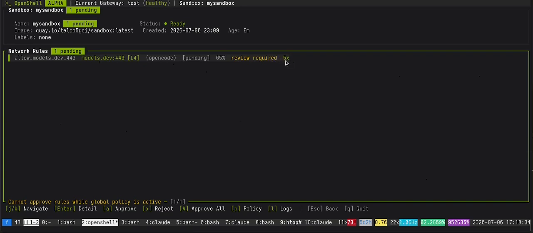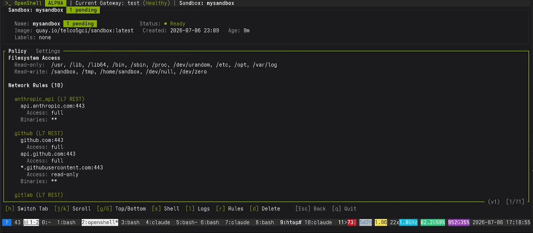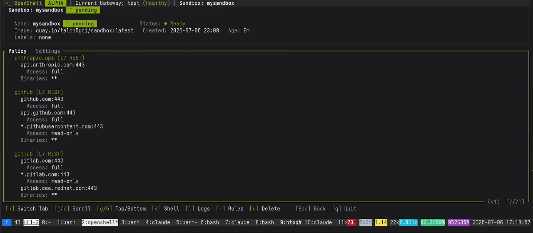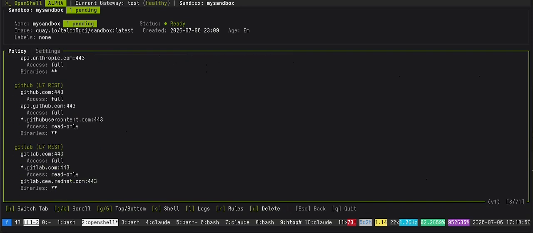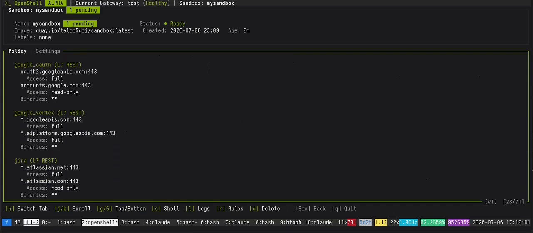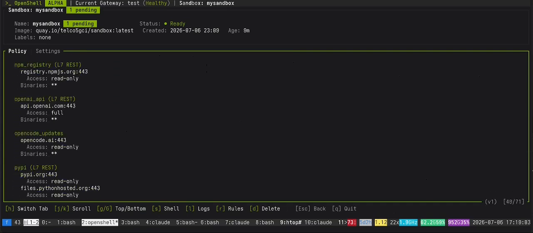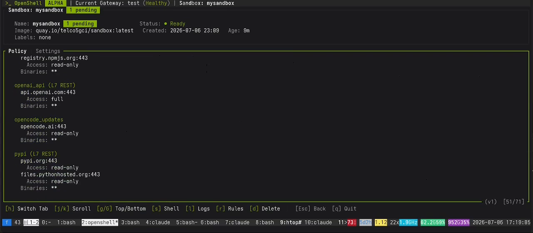It tried it 5 times probably. And in case we want to allow it, we just add it to policy and allow it. In this case, I don't see any reason to allow it. I don't use any statistics in Opencode right now. And we can see here our policy, what we actually allow to Anthropic, GitHub, GitLab, to Vertex, Jira, various NPM stuff, and pipe, and so on.